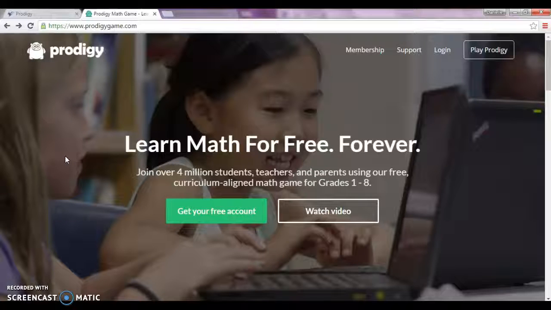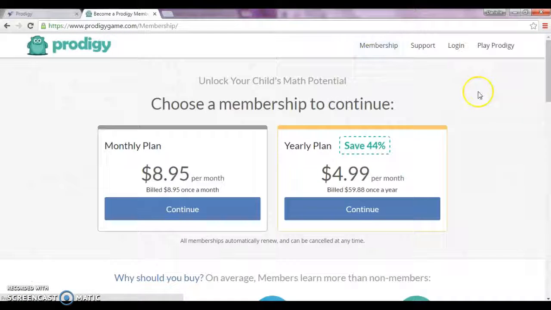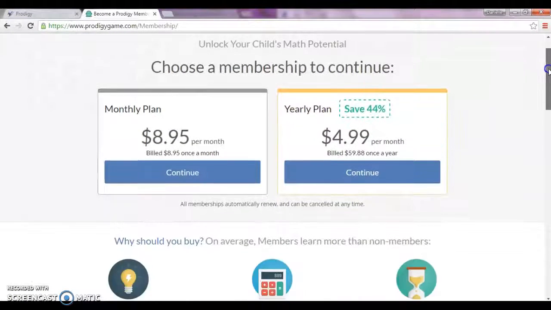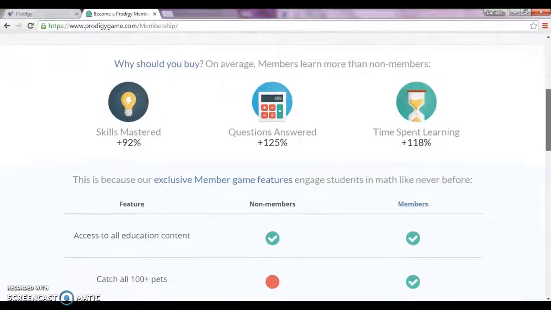Hello, today I'll be talking about a math game called Prodigy, which is free for teachers for students in grades 1 through 8. As I've said, Prodigy is free for teachers, but I want you to look up at this button called Membership. Membership is for parents who would like to spend the money to help their students gain extra